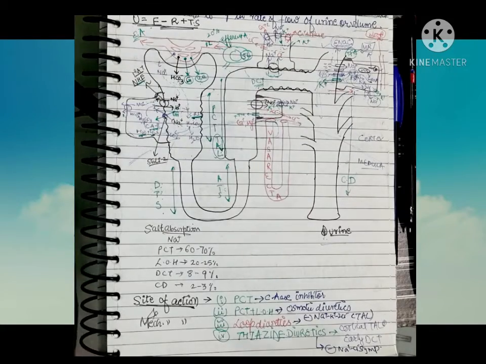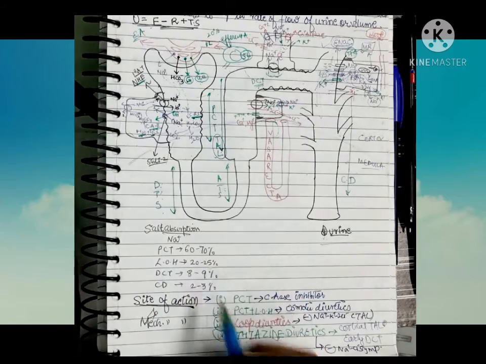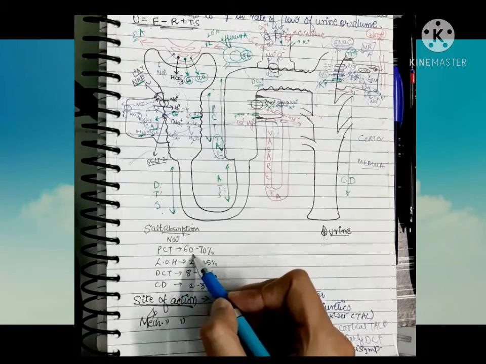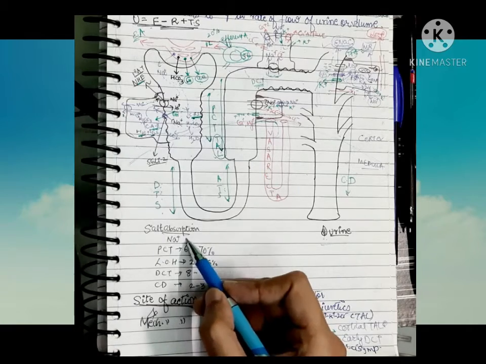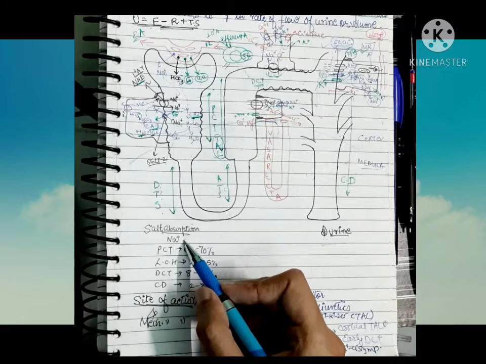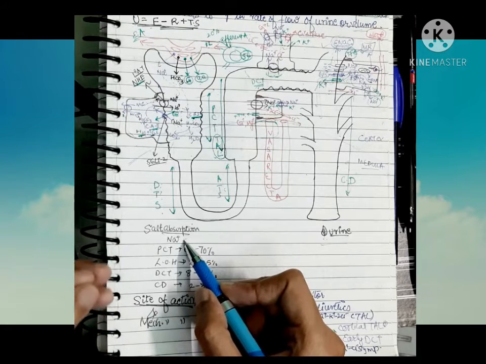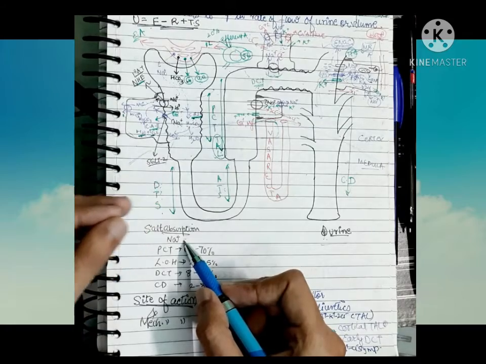Now, the relative absorption of the sodium ion from the PCT: there is 60 to 70% of the absorption of the sodium. Why am I talking about the absorption of sodium, and not about another salt like potassium and others? Because sodium is the main ion which we need to control for the maintenance of the blood pressure,